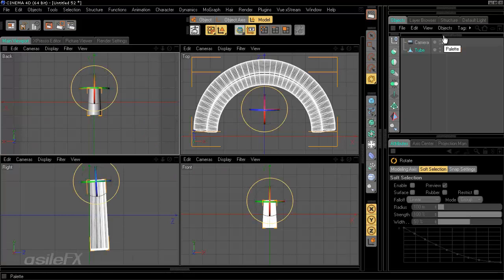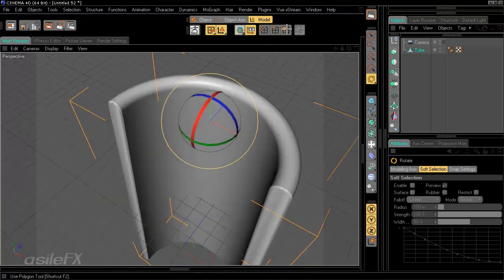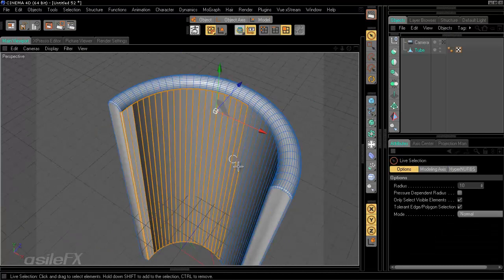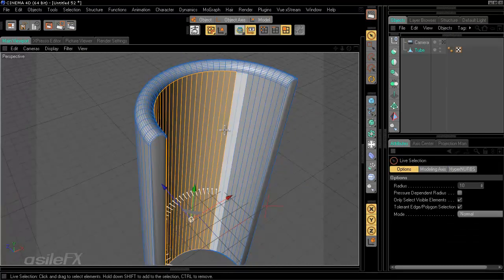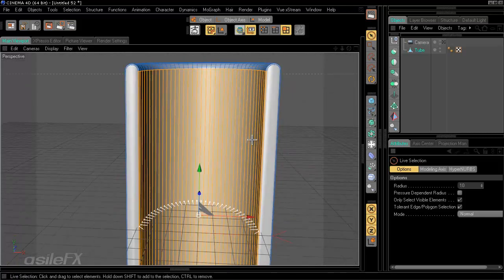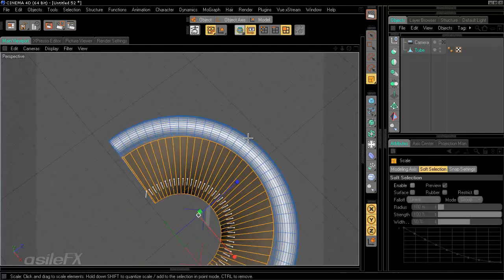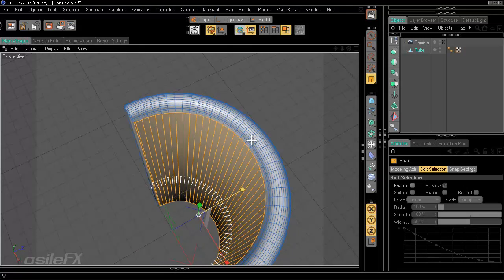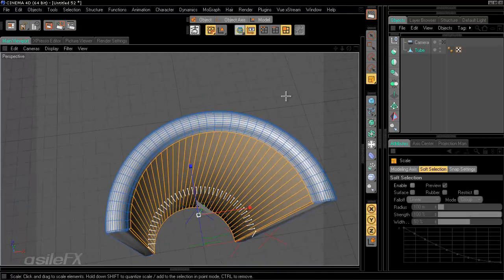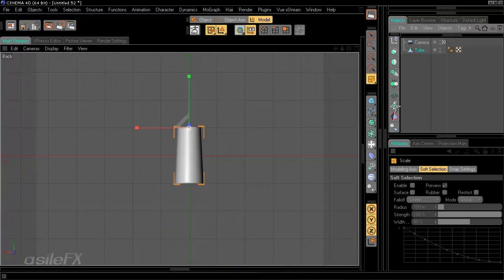So I'm going to get out of the camera mode really quick and just take a look and see if we can quickly switch over to the polygon mode and select the inner polygons. And I'm just going to scale these in just a little. That'll give us a nice little bit of variation there. I'm going to go back to the model mode, switch to the camera, and now we're going to add in